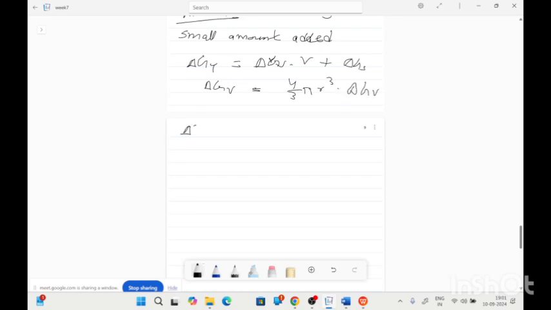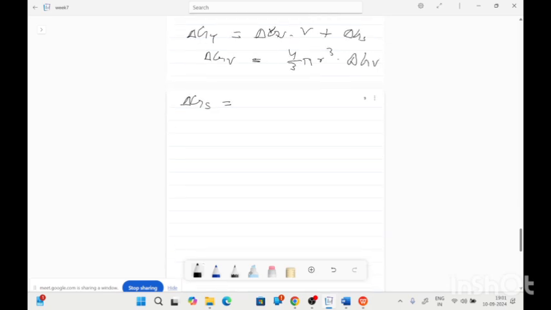But the delta GS surface energy term will have some certain terms. For those terms we will see one mechanism of nucleating a particle on the